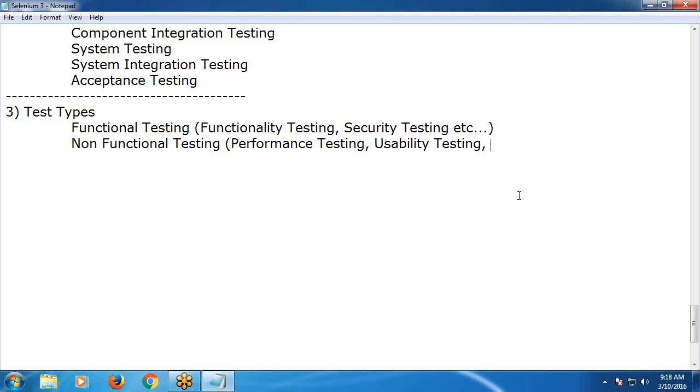Usability testing. Reliability testing. Load testing. Load testing is a subset of performance testing. Reliability testing. Next, localization testing, internationalization testing, etc. Next,